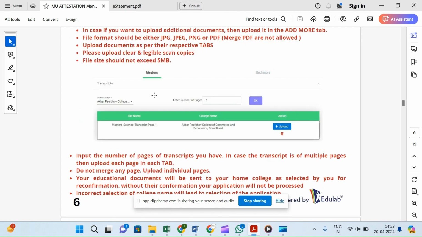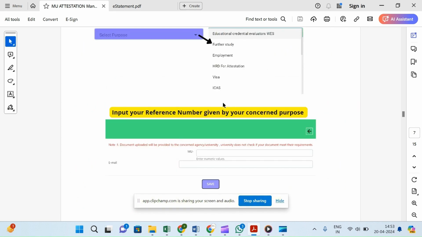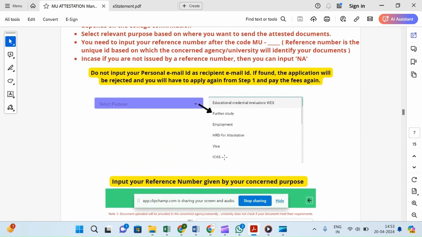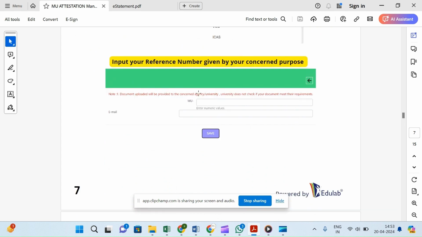Once you have uploaded all the documents, you have to mention how many pages are in the transcript, and upload it page-wise. Once you have uploaded, you have to select the purpose, for example employment visa, and then enter the MU reference number. This reference number you have to obtain from